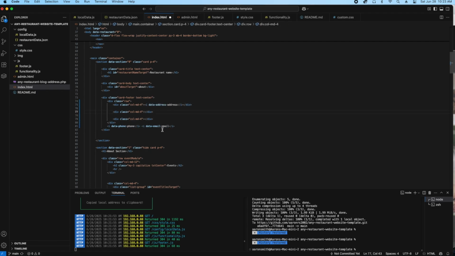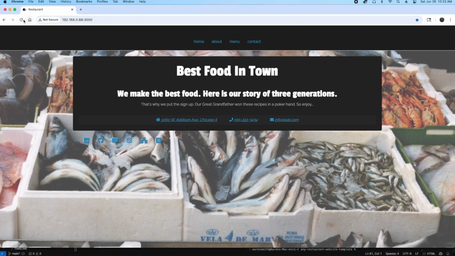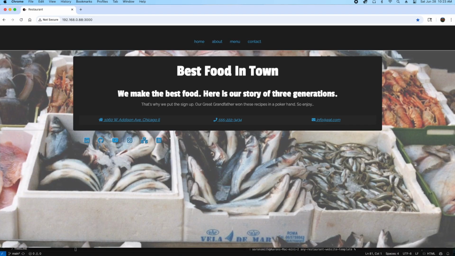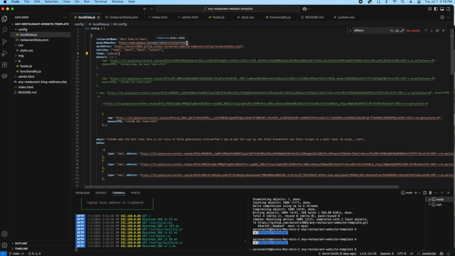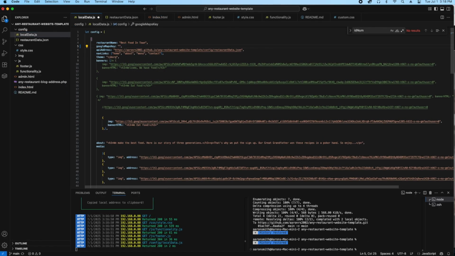I'm going to be using the grid system from Bootstrap. So bear with me while I make these quick changes to the front page. And as you can see, we want it to look nice on mobile, so we've got to do it using the Bootstrap utilities and the grid. So we also want to